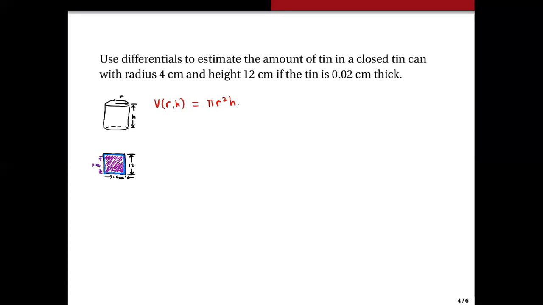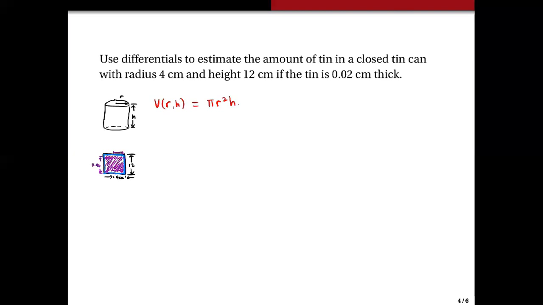then the height here will have measurements 11.96, because this part here is 0.02 centimeters, and also this part here is 0.02 centimeters. Therefore, here we'll just have 11.96. And of course, for the radius, from the center going to this part here,